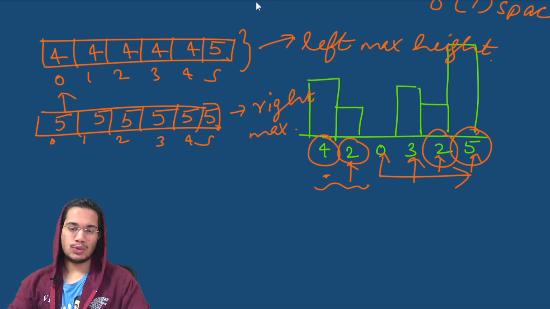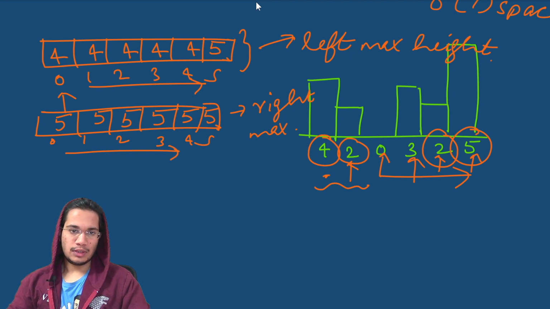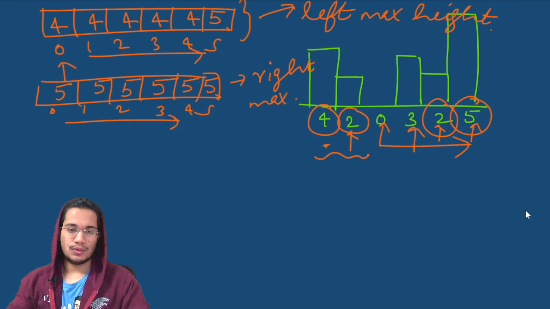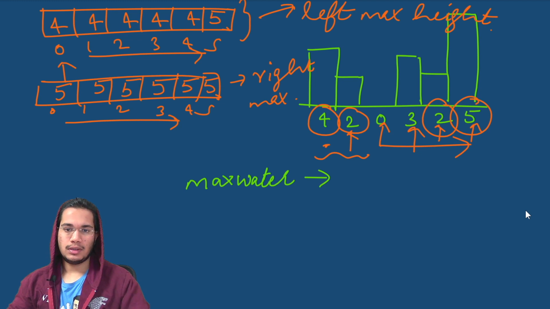Now that we have these two values, all we need to do is iterate through all these values simultaneously. And we need to make sure that for the current building, if out of these two, the one which is smaller is greater than the height of the current building, then water can be stored. So for example, we can have our resulting variable as, let's say, max water. So this is the answer that we want to return. And we currently initialize it with 0 because there's nothing to add.